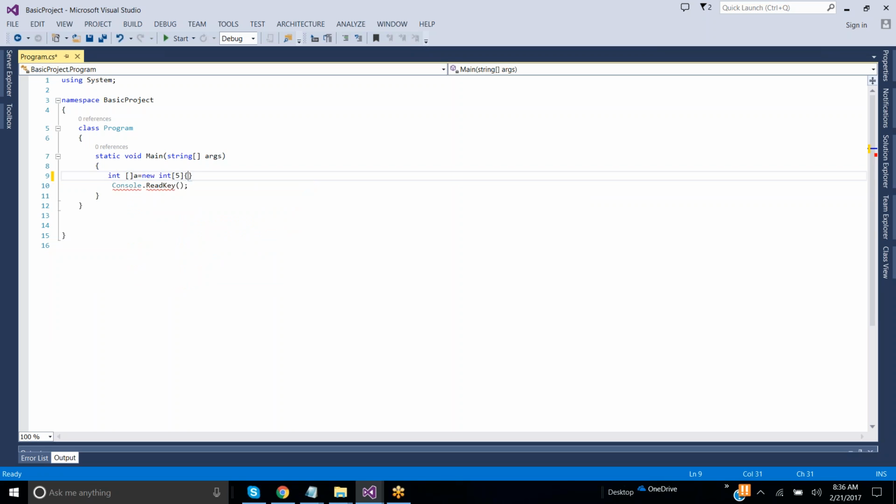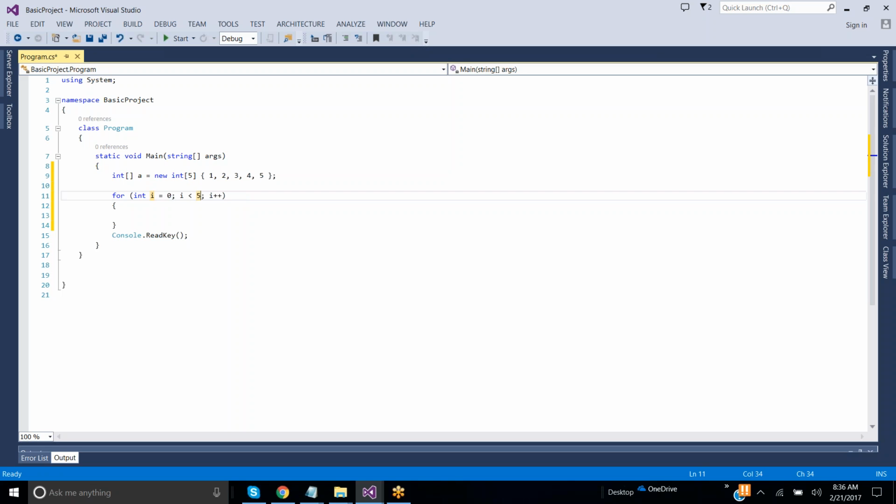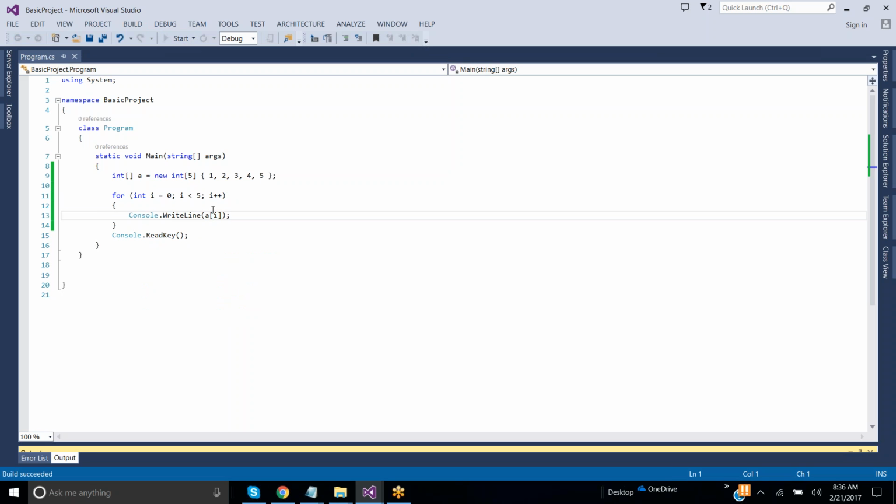Here itself we can pass 1 2 3 4 5. Now I'm taking a for loop, for int i is equal to 0, i less than 5, i plus plus, and here I'm taking console dot writeLine of a of i. Clear, all of you? Now I'm just trying to run this. Here we're going to show a of 0, a of 1, a of 2, a of 3, a of 4 values.